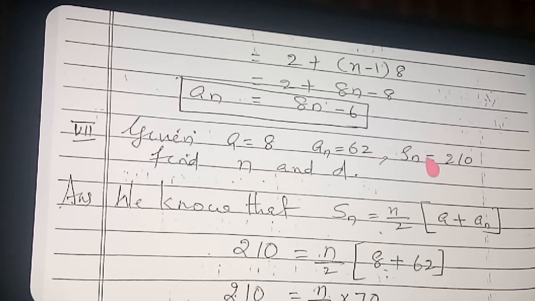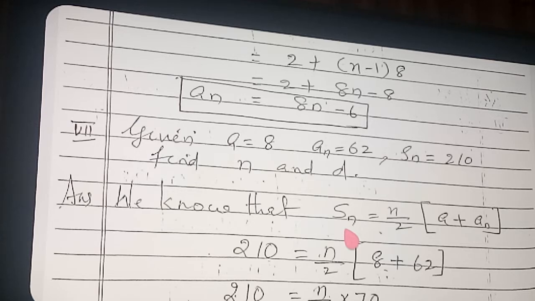So what will we write there? Sn is equal to n by 2 into a plus an. That is the first formula, I gave a formula for a finite AP, you know that. Sn is equal to n by 2 into first term plus last term, a plus an. Why are we applying this formula? Because a and an are directly given, no, that is why.